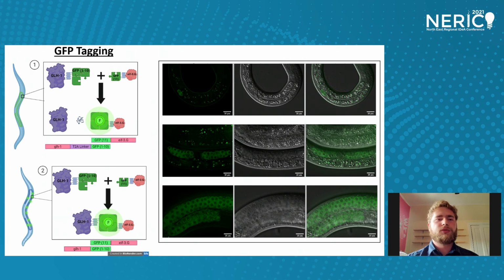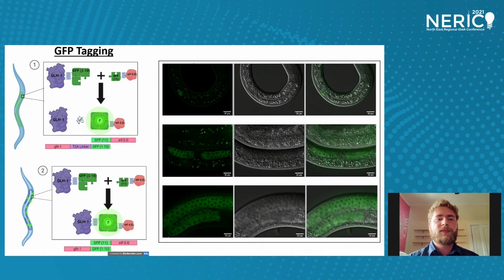Our next step was to remove that self-degrading linker between GLH1 and the GFP protein so that the two would now be stuck together, and that, in theory, any fluorescent signal that we now saw would be wherever EIF3G and GLH1 are directly interacting with each other. We were able to successfully remove that self-degrading linker between GLH1 and GFP. However, we're unable to homozygose it. So this is still a work in progress, but currently our working theory is that